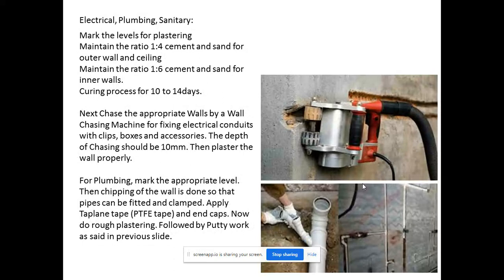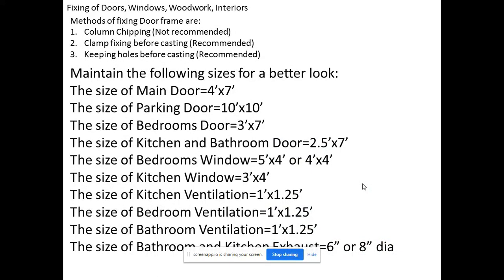This is followed by the electrical, plumbing and sanitary fittings, and all these are achieved by something called chasing, wall chasing. For this we use a machine called a wall chasing machine for fixing electrical conduits and water pipes, and follow the procedure. The last step is to fix the doors and windows for the house at various locations, followed by